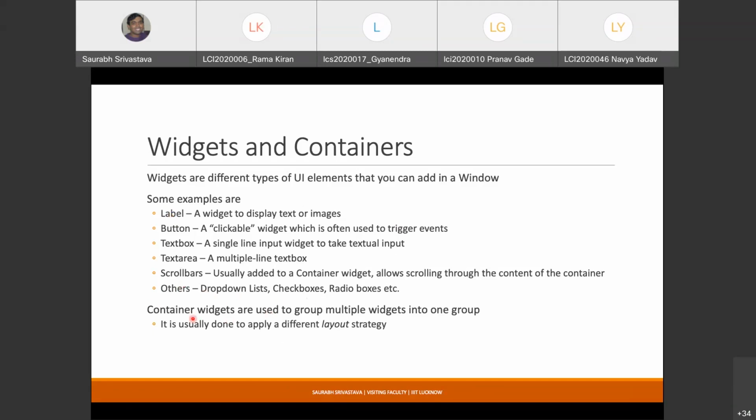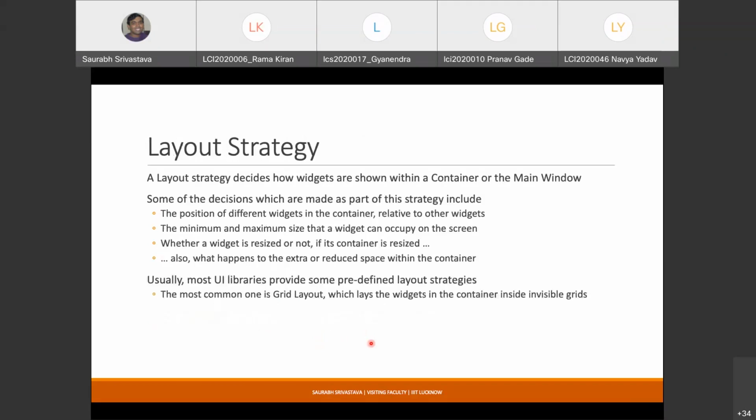There are certain widgets which are also container widgets. Container widgets, as in they basically hold other widgets. They are like meta widgets. And the reason for using a container could be because you want to lay out the elements within a container using a different layout strategy. So what exactly is a layout strategy?